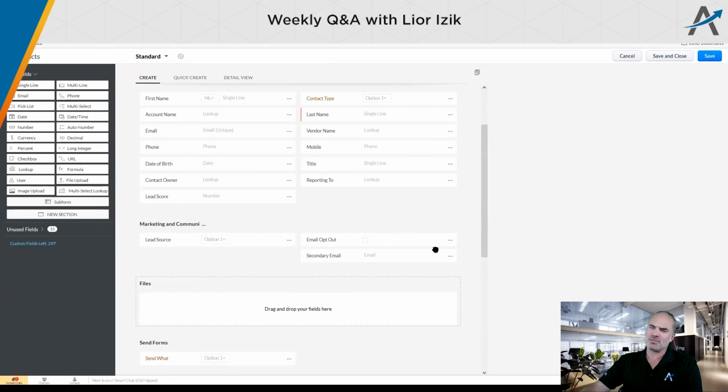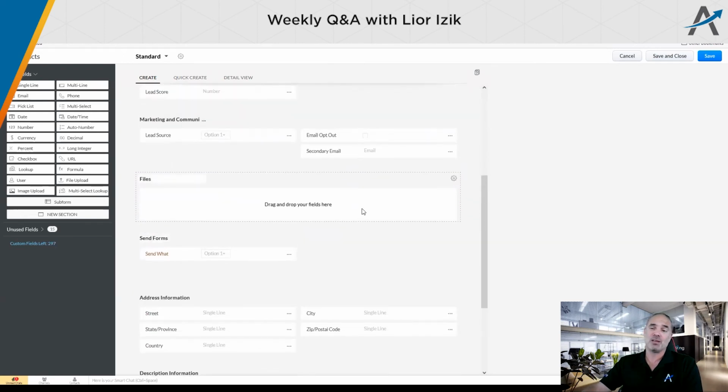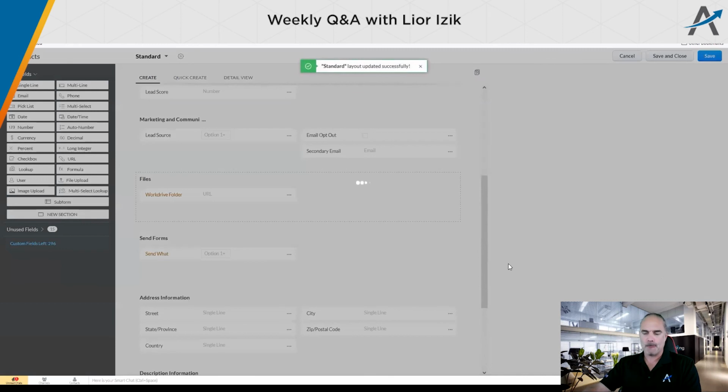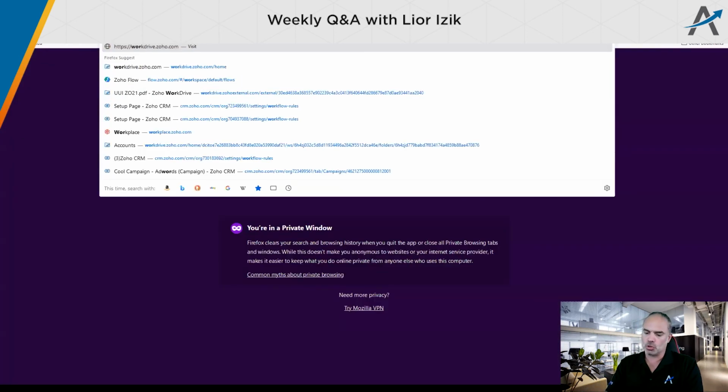Because you said also something very smart, that you don't want to have too much information in your CRM, and then you start paying money to Zoho, and no one needs to do that. So you're going to have here a URL, and that will be the WorkDrive folder. Good? Yes.